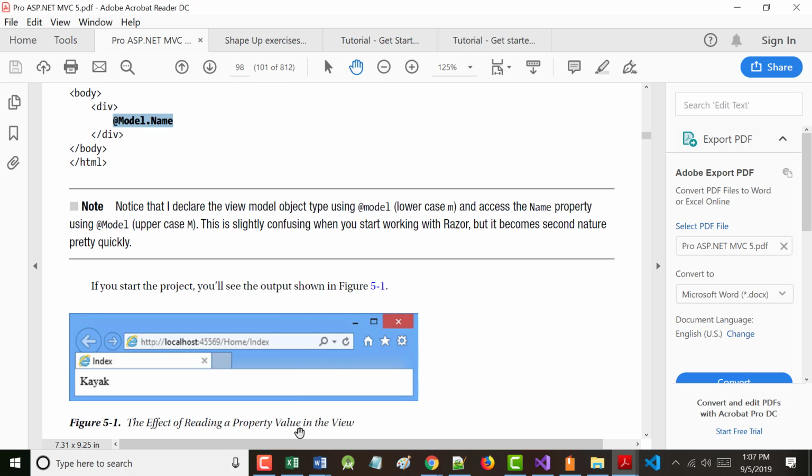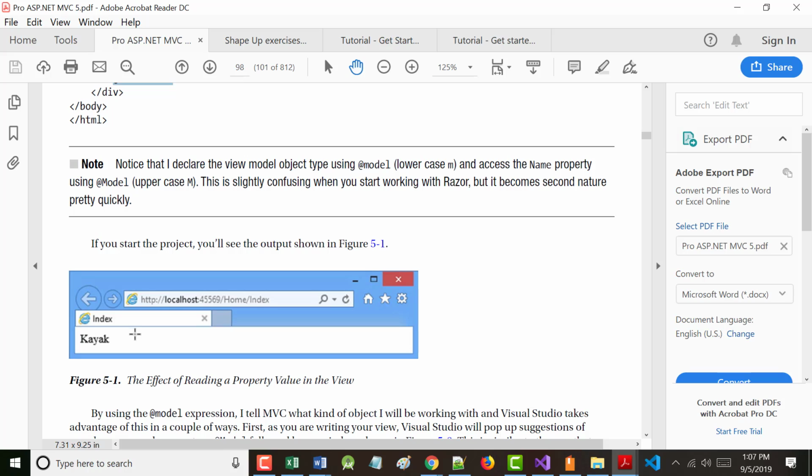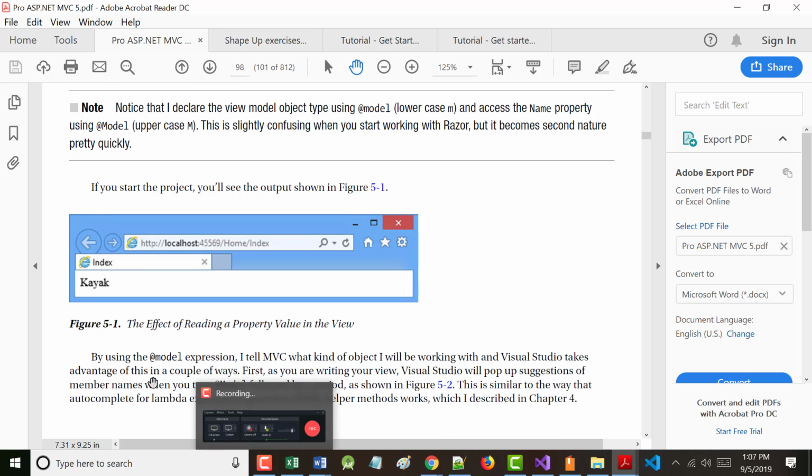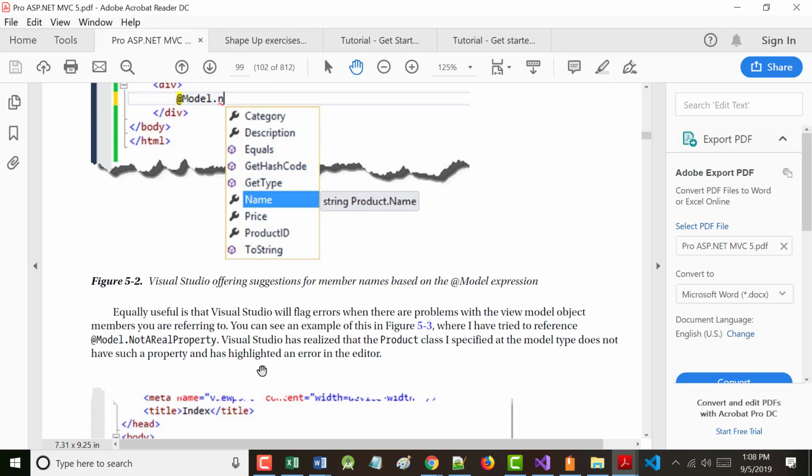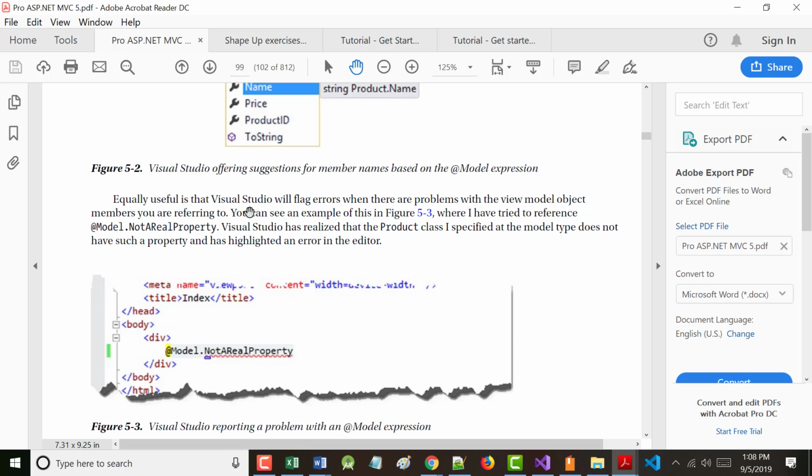It says if you start the project, you'll see the following output, and we just did. By using the @model expression, we tell MVC the kind of object we'll be working with, and Visual Studio takes advantage of this in two ways. First, as you're writing your view, it gives you IntelliSense. We already saw that. Equally useful, if you do make mistakes, it flags them right away, and you saw that.